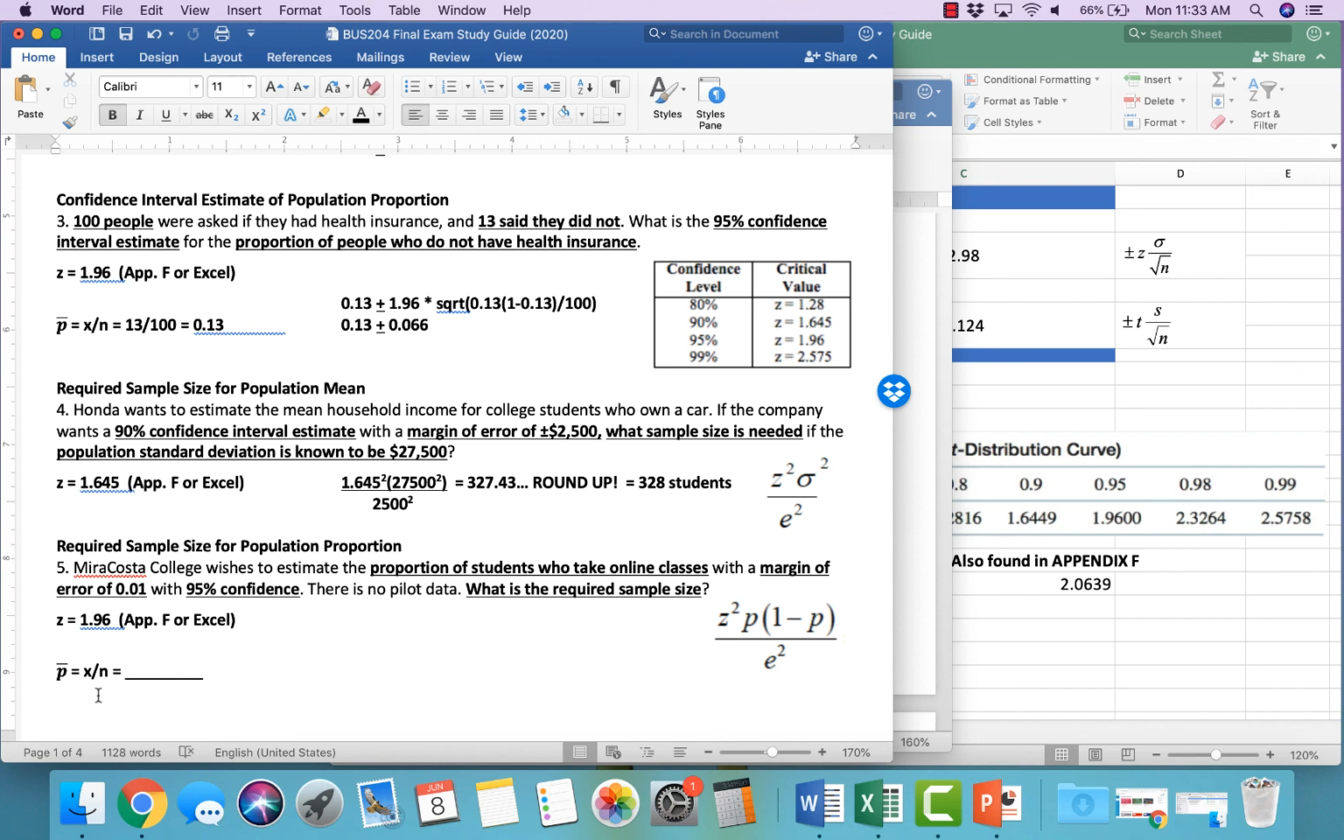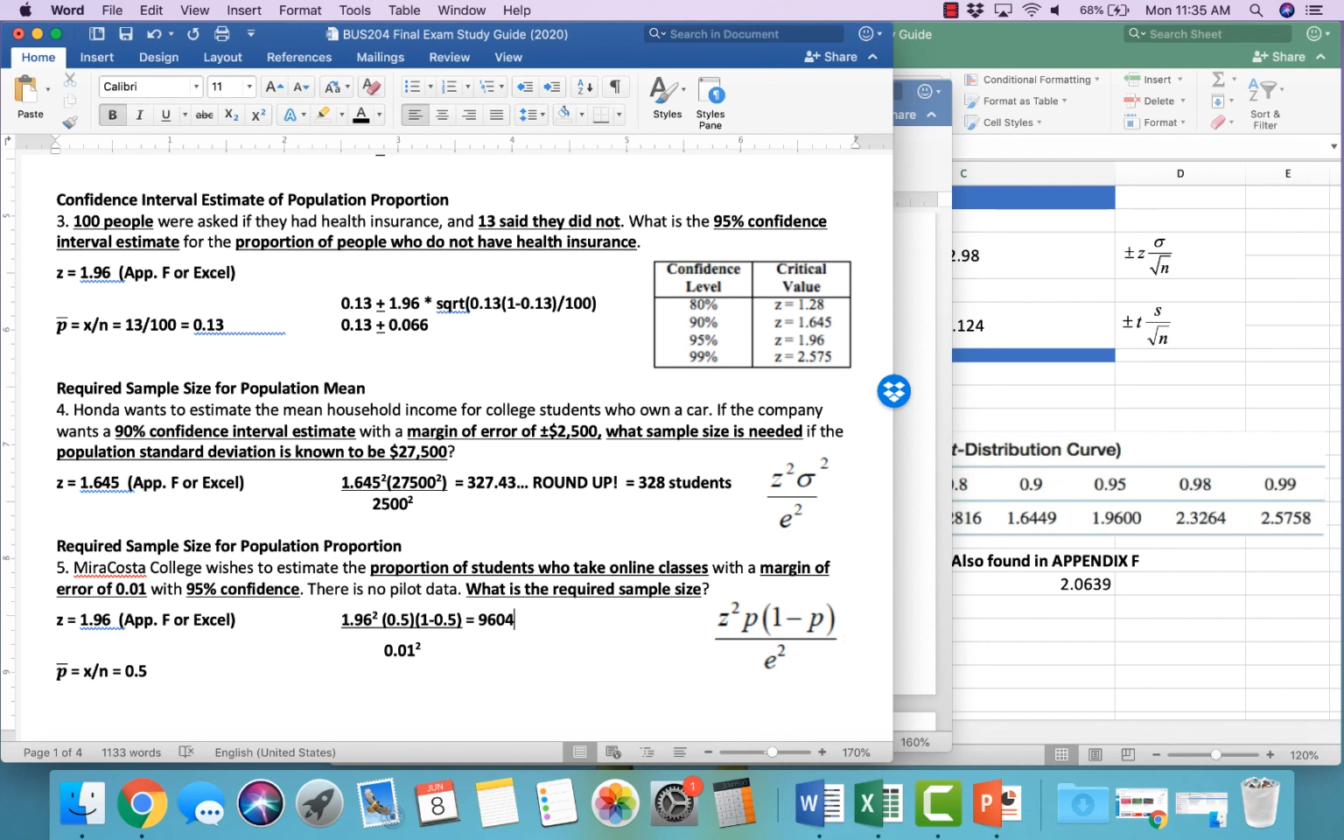Again, with sample proportions, to solve for it, that's our x over n. But you'll notice in this example, we have no pilot data, meaning we have no sample taken. Since there's no pilot data, we're going to be conservative. In other words, 0.5 chance that students take online classes and 0.5 chance that they don't take online classes. So plugging our variables into the formula, and then plugging it into my calculator, I get